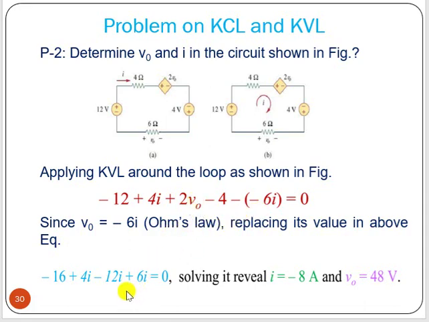So why is it minus V0? Because the current here is flowing from the minus terminal, from right hand side to left hand side, in this way. That means current is flowing from minus to plus. That is not possible. That means it is negative; the current is actually in the opposite direction. So we have to consider the negative. That's why it comes negative. Always you have to take care of the current direction with the polarity. So now we got the equation and you can find the value of I. Then you can find the value of V0, which is equal to 6I.